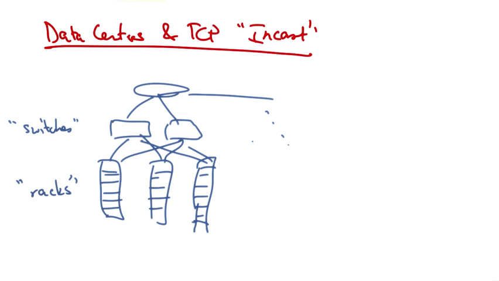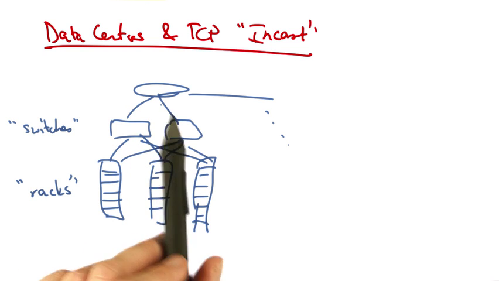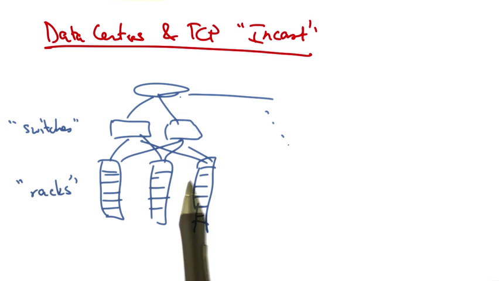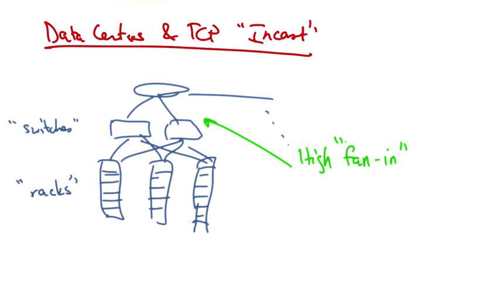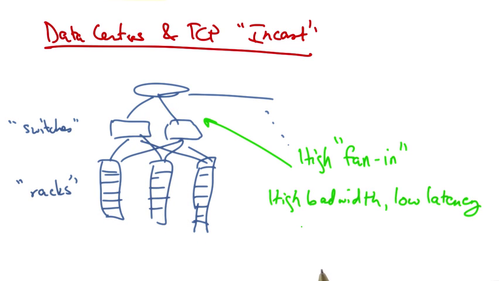So the network architecture is typically made up of some sort of tree and switching elements that progressively are more specialized and expensive as we move up the network hierarchy. Some of the characteristics of a data center network include a high fan-in. There is a very high amount of fan-in between the leaves of the tree and the top, or the root. Workloads are high bandwidth and low latency, and many clients issue requests in parallel, each with a relatively small amount